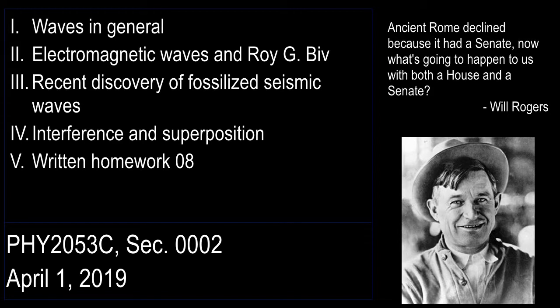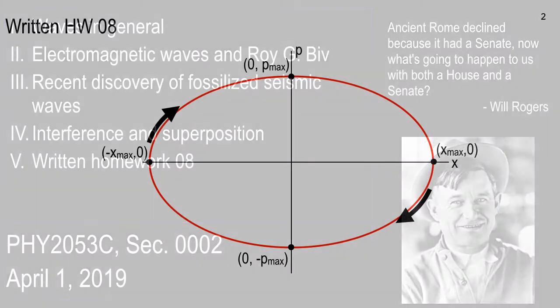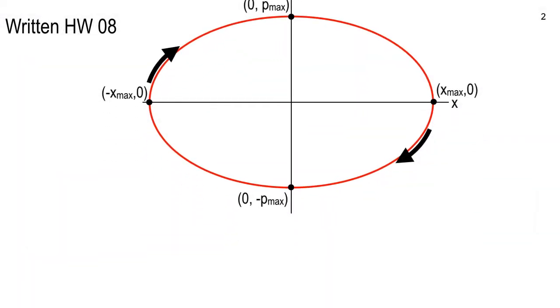Written homework 8 I'll be publishing tonight. In case I don't get down to the very end of the lecture, let me just let you know that written homework 8 is going to be an oscillator problem, and it's going to be about dissipating energy in a damped oscillator. And I'll set it up so that you can do it without having to be an expert in calculus, which, damped oscillators, to really understand and take it apart, you have to analyze it with calculus.